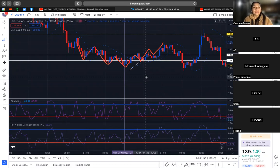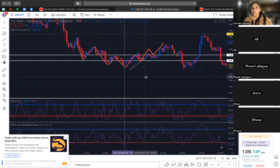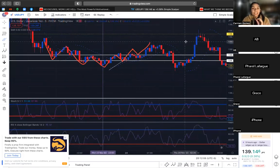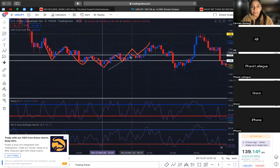So we predicted here for USD JPY to go to a potential buy. And how did I predict that without any market even being here? Because I drew this out, and if you see, it's not drawn out perfectly to a T, because the market moved a bit lower. Which in a sense is better, because it gave everyone a better entry point for another setup, and it still profited regardless. Because I specifically mentioned, and I have the recording as validation, that I called USD JPY for a buy at